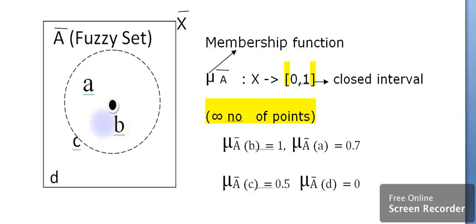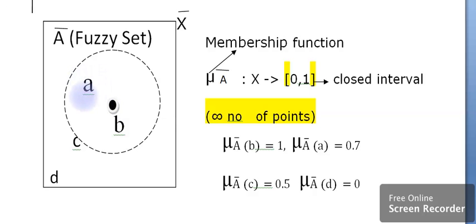So here we are checking the orientation of the elements towards the center. Among all the 4 elements, which is at the center point? Yes, it is element B. So I am giving the membership value for this element as 1, which is the maximum value, right?